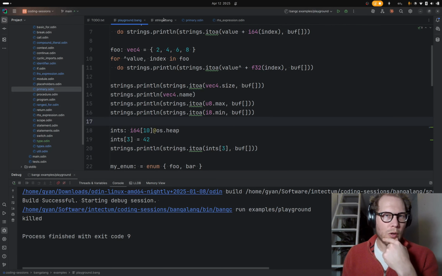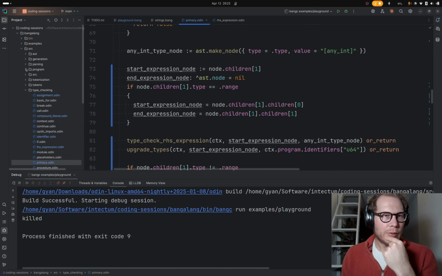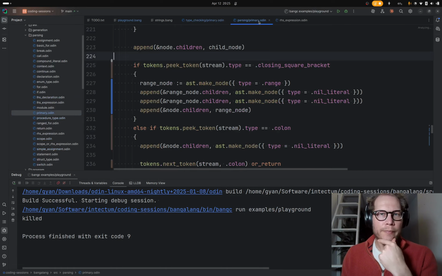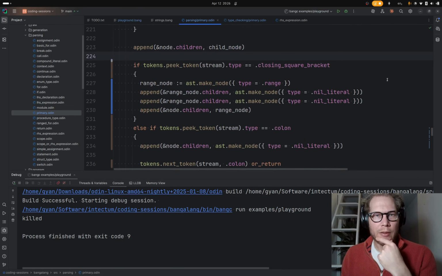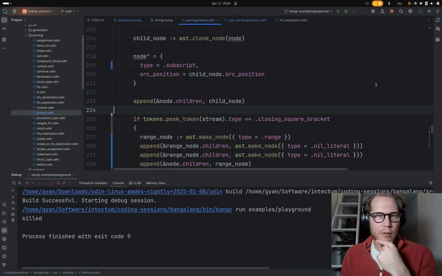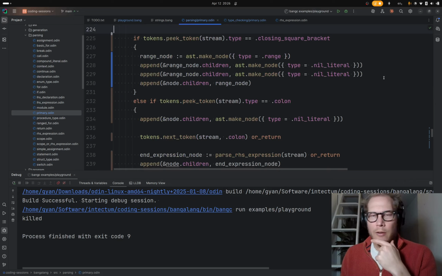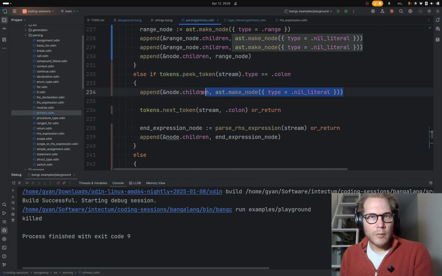I'm not sure why that has caused trouble. So we have this slice. If we go to parsing of the primary, let's have another quick look here to make sure we're doing the right thing. So in this case, we have our opening bracket, so we set it to be a subscript node. Then we have a colon. So we add,